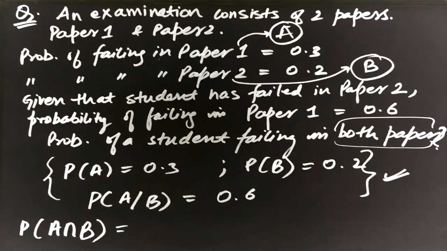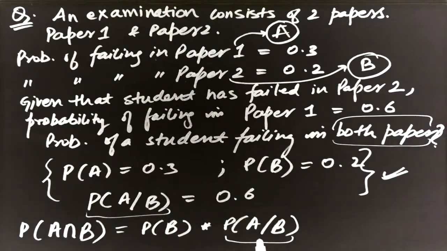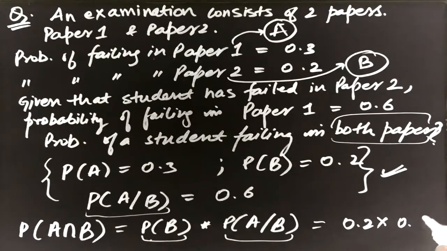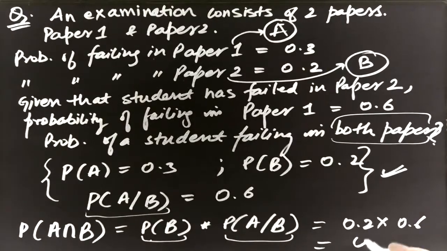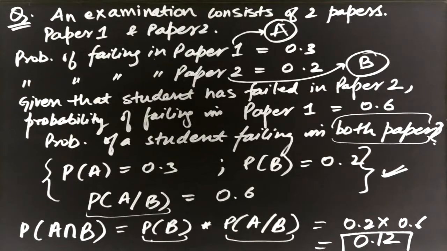So A intersection B, according to the second rule, we have P(A|B), so you have to multiply it with P(B) to get P(A intersection B). The probability of B is 0.2, and this is 0.6. This is the answer. This question was asked in